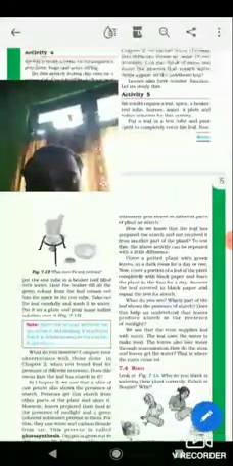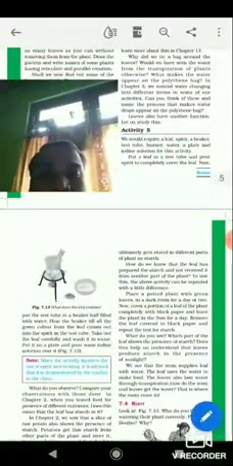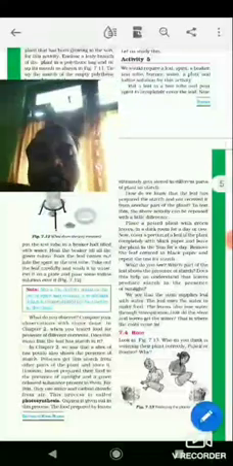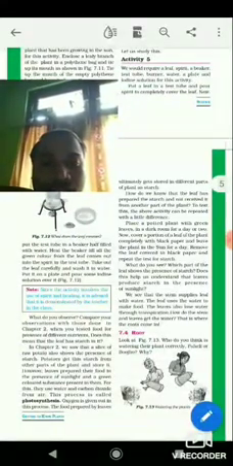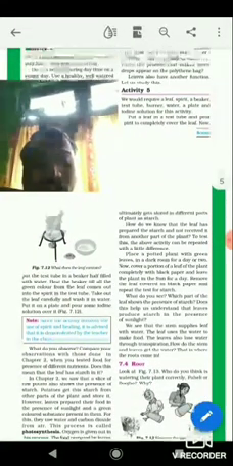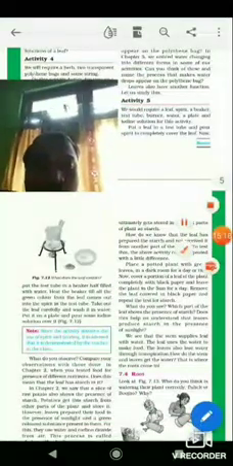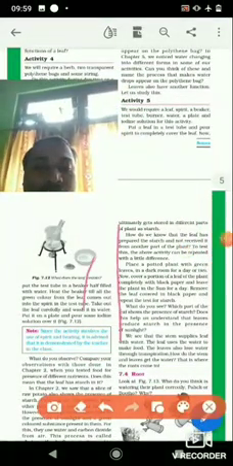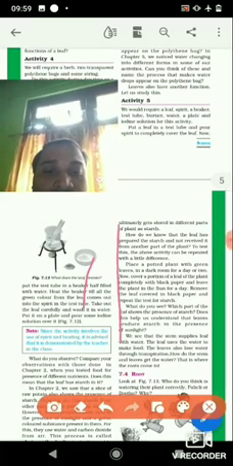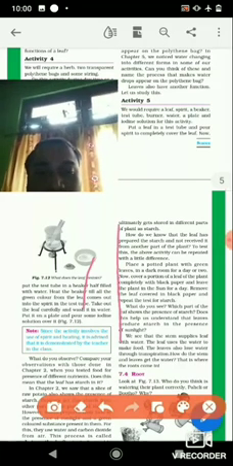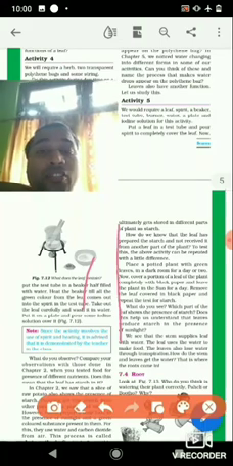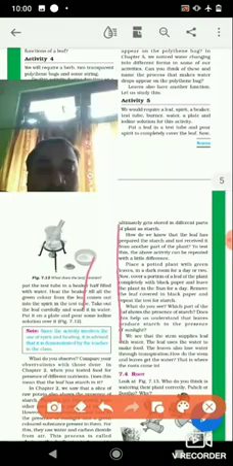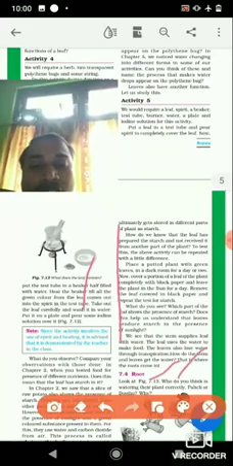So this is all about the leaf, and in the next class we'll discuss the root. This portion you can read. There's another way where you can understand the presence of starch. So please write down these activities as homework, and in the next class we'll begin the next topic, which is root. So we'll start root in the next class.